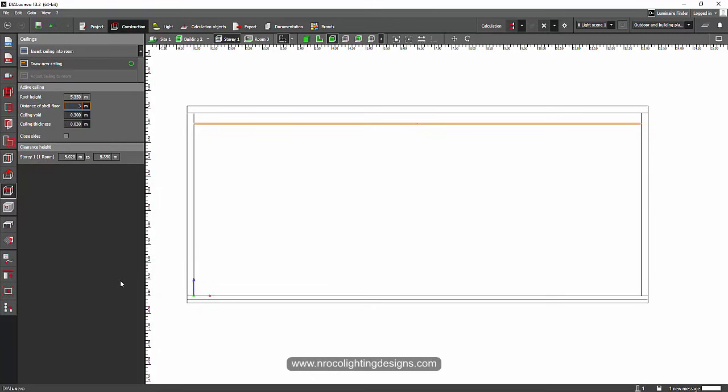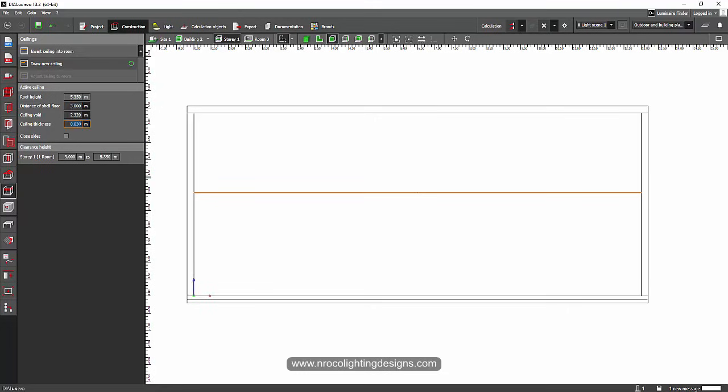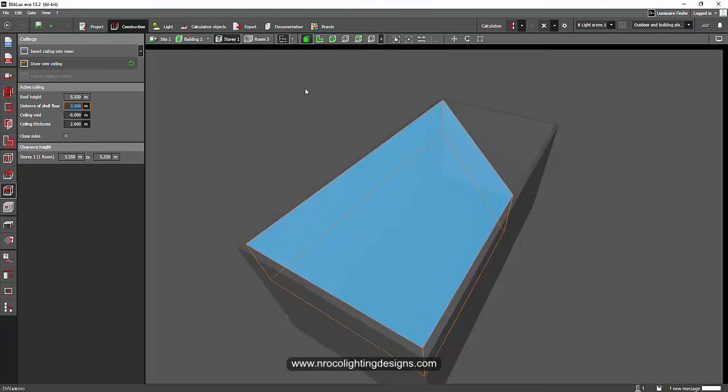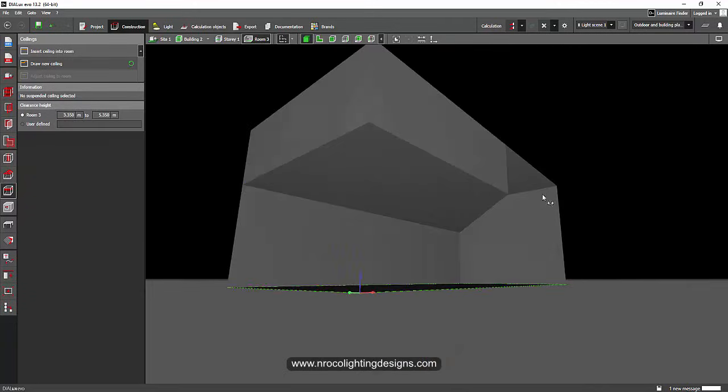Let's say the height is 5.35 and make this one 2 meters thick. You can make it precise later on. I'm just making the thickness 3.35. All right, now let's go to the room. Now you have your first ceiling.